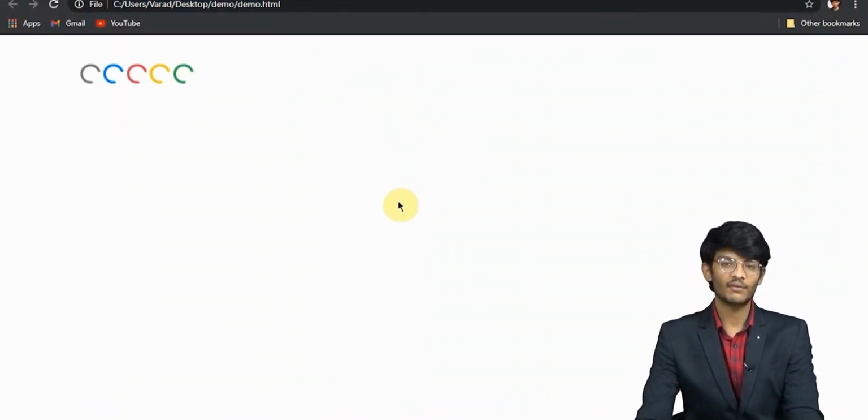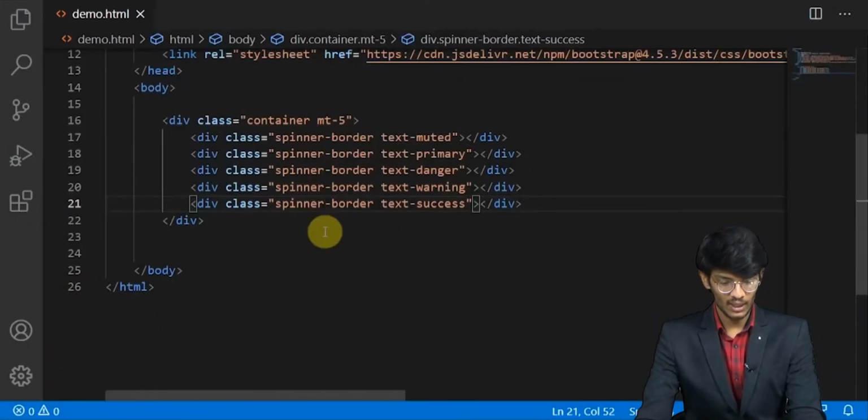Can you see the various different colors of that particular loading icon, which is called a spinner? In this loading icon, we have one more variant. Now let's go to that.